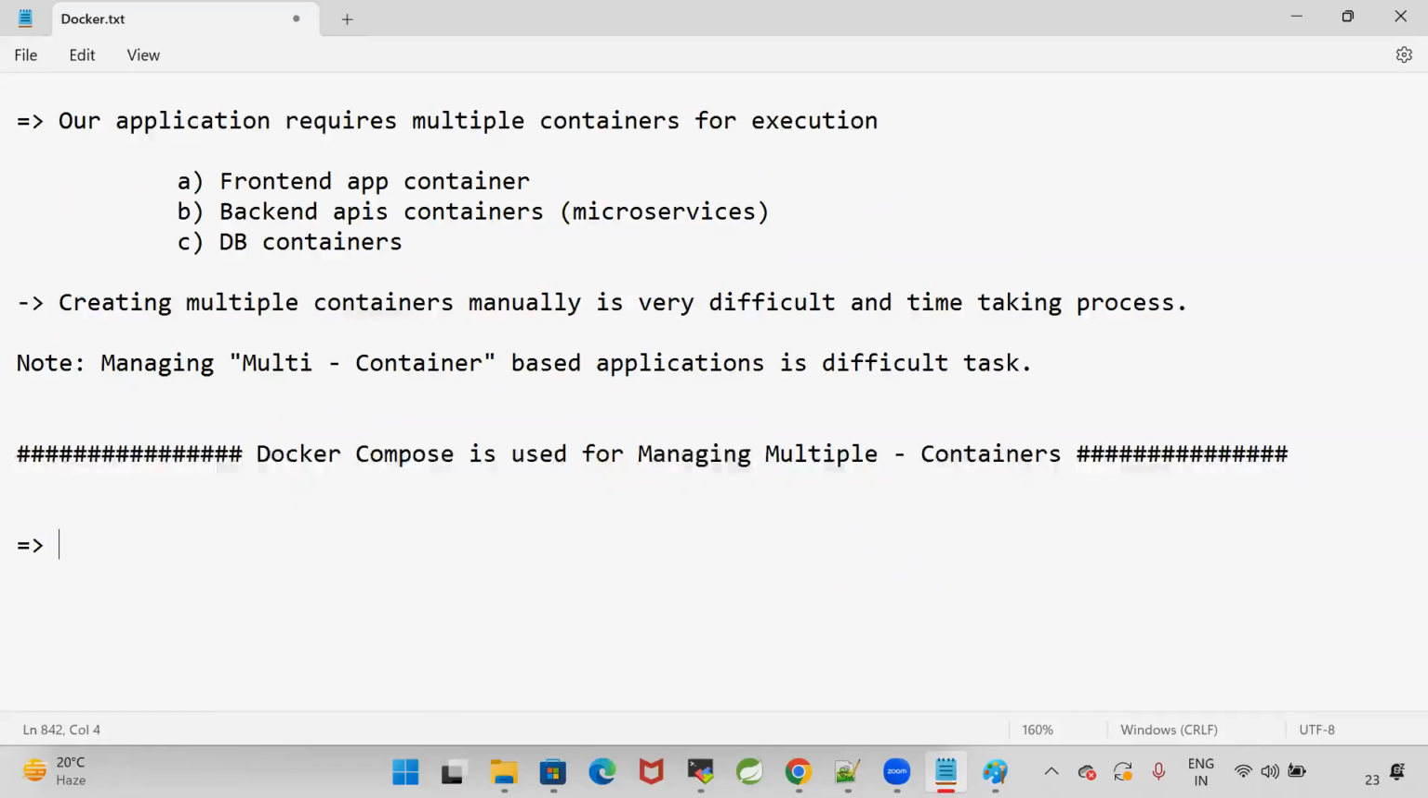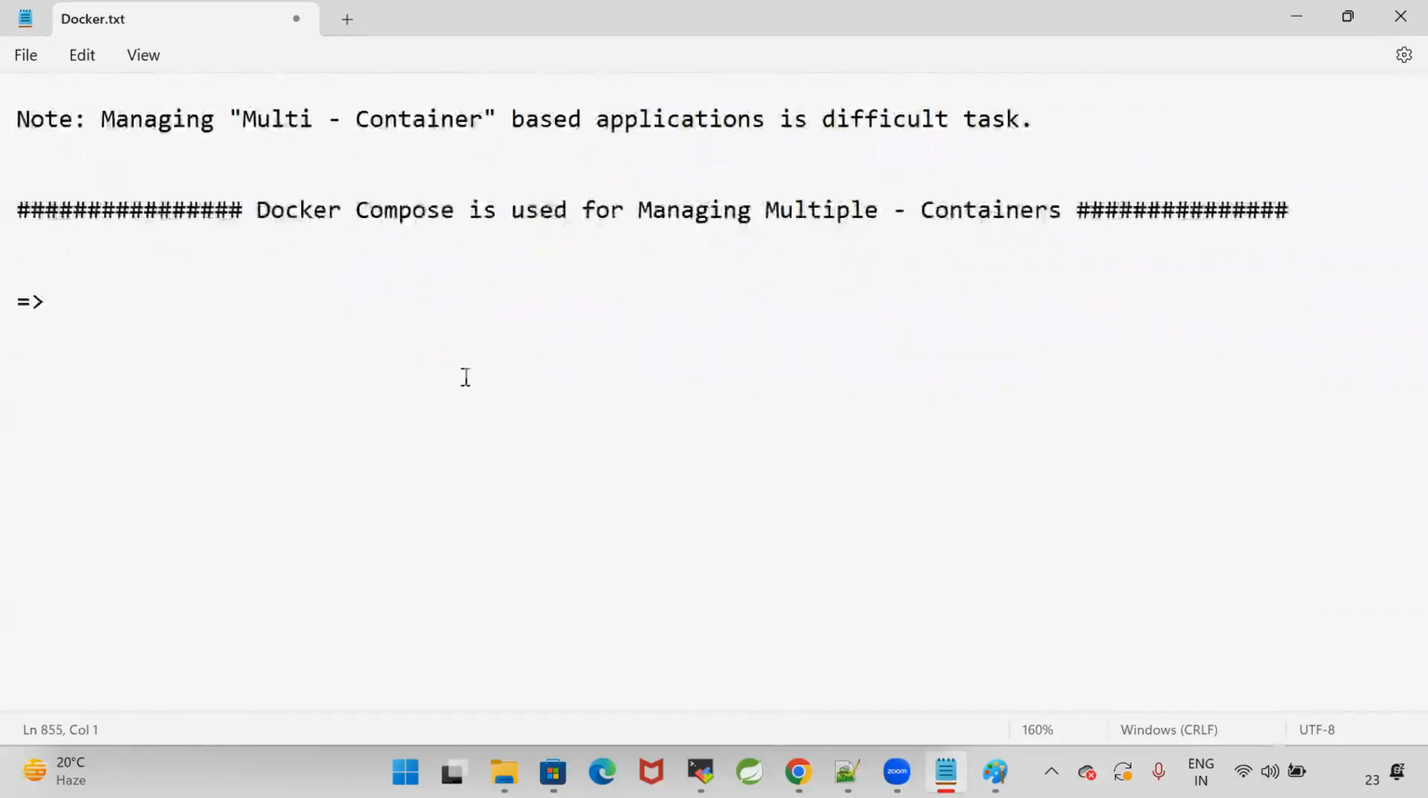If Docker Compose is not available, you need to create each and every container manually. That is very difficult. To overcome that problem, we are going for Docker Compose. So what is this Docker Compose? Docker Compose is a tool which is used to manage